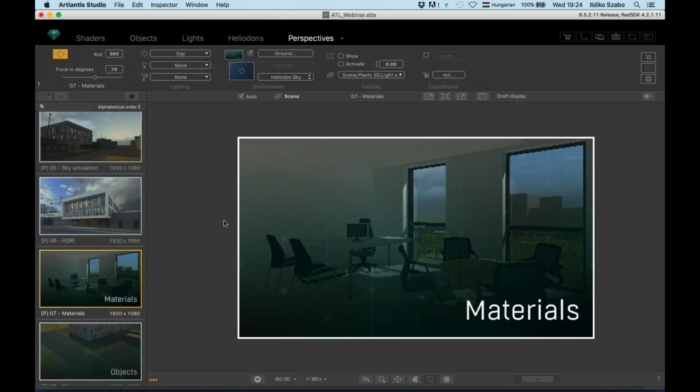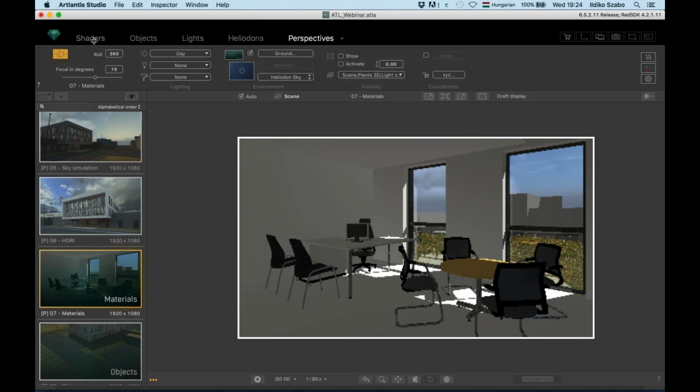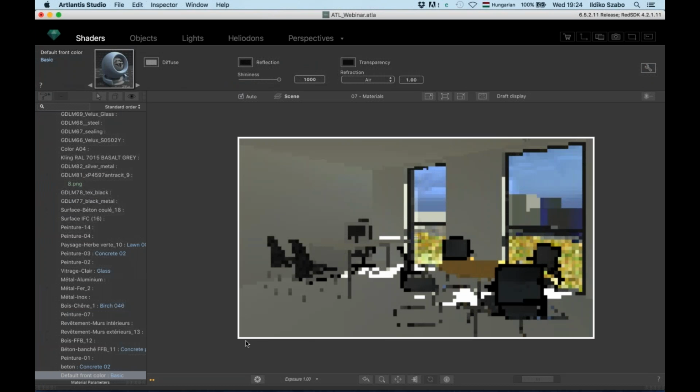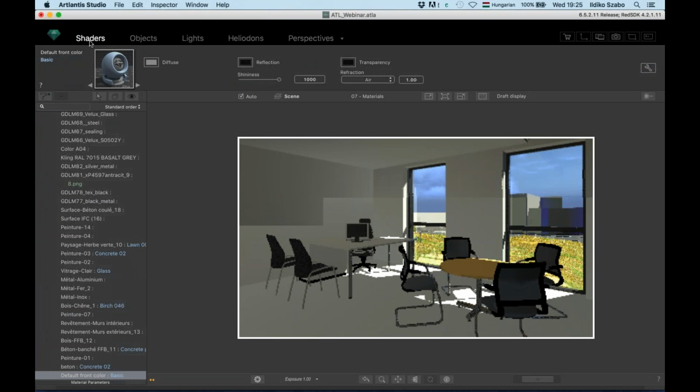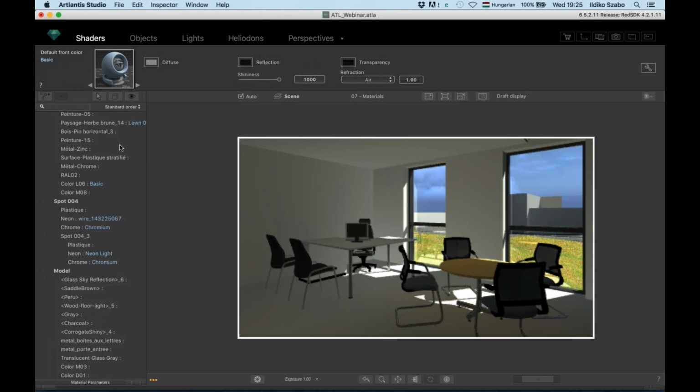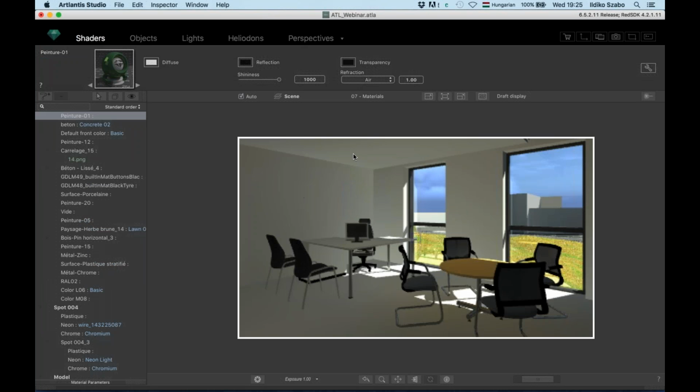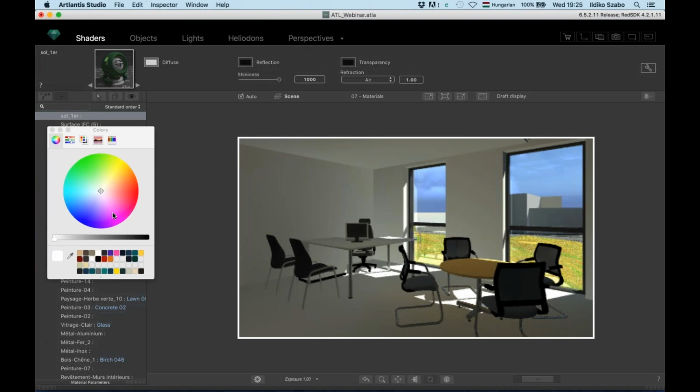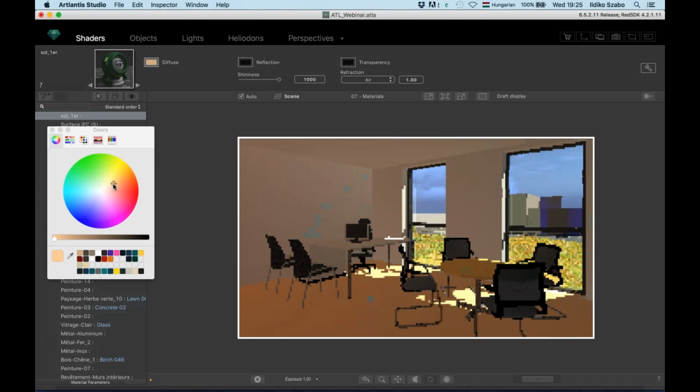Materials. Let's continue with materials. So let's see a little bit how Artlantis deals with materials. We have an interior scene. I open the inspector and I have a drawer content which now displays all materials I have in this project. However, I'm clicking and looking for a material right in the preview. The inspector shows the settings and I can easily